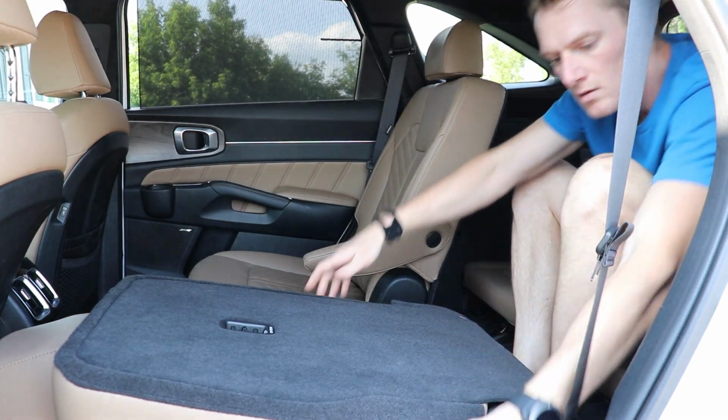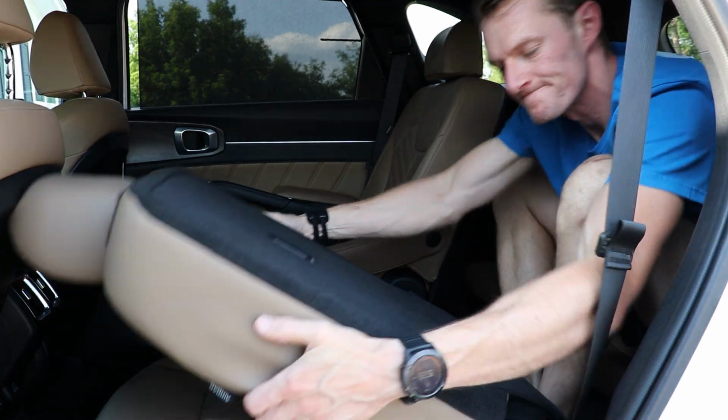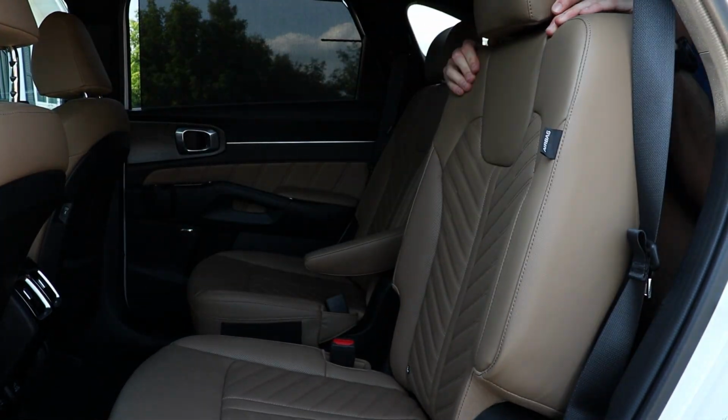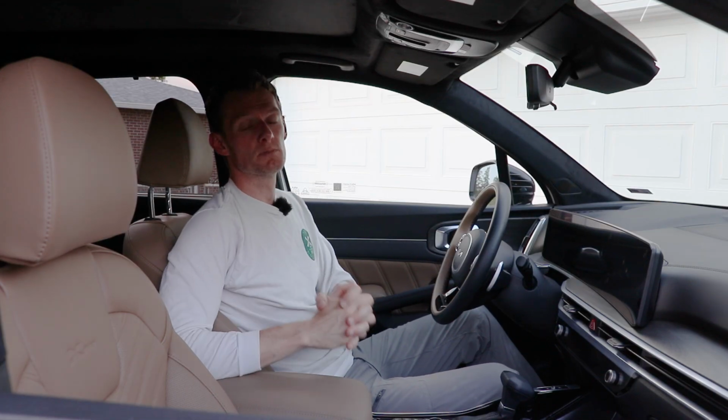There are certainly bigger 3-row SUVs. This one is on the smaller end. You can definitely put children back there, but it's hard to fit adults. Now, with all that said, let's try and throw a bike in the back to see how usable this is